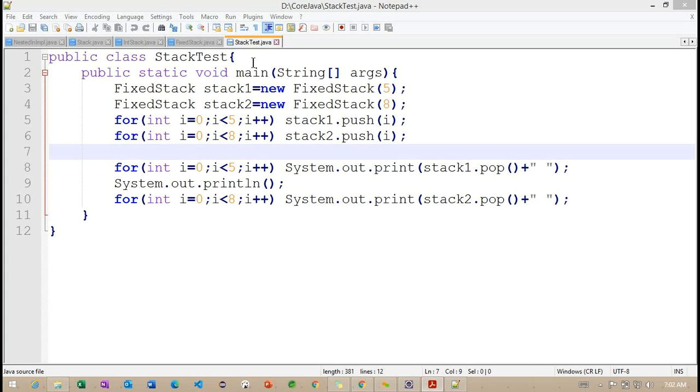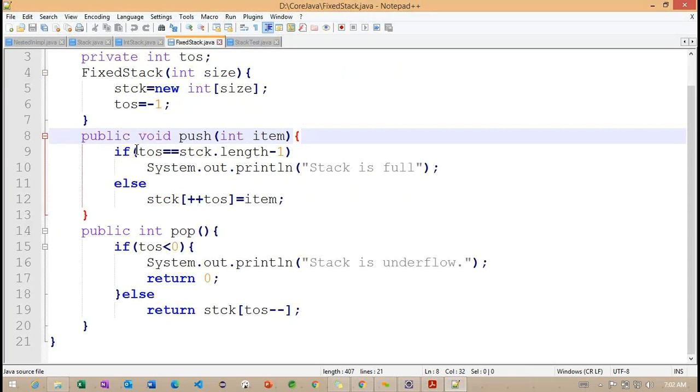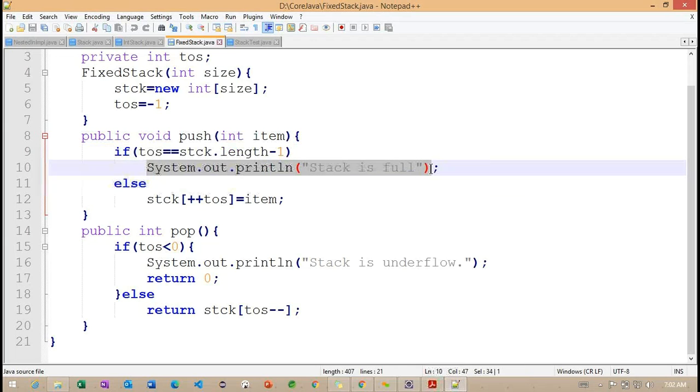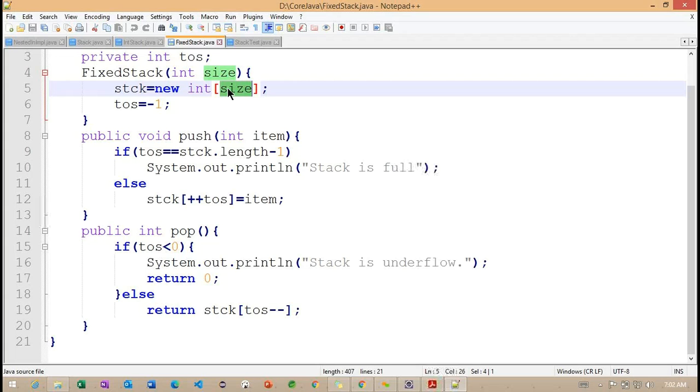If you observe carefully, whenever this condition is satisfied, we print a message. Instead of printing this message, I want to increase the size.